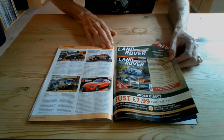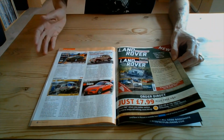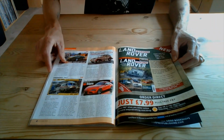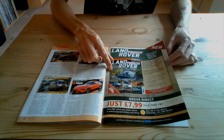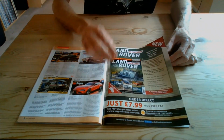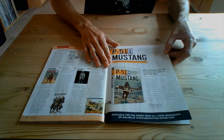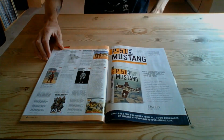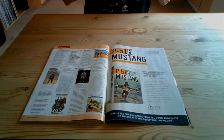Then for the car enthusiasts out there, we do have some new kit releases here for cars from Revell, ICM, Zvezda and Tamiya. Now we've got an advert here for a one-off publication about Land Rovers, if you're into that. Over onto this page, if you're into figures and figure modelling, we have got, excuse me,